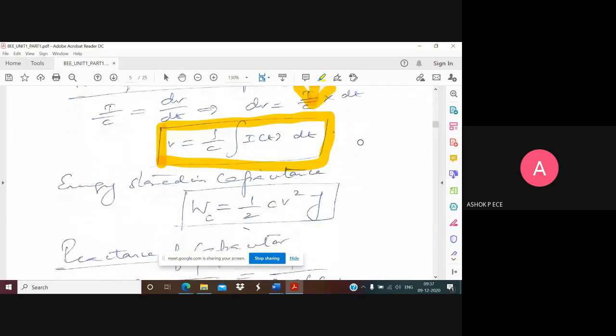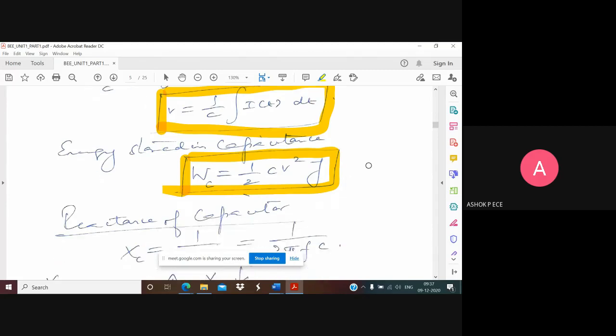Okay. And energy stored in a capacitance is half CV square. Again, the derivation and other things are not required. Remember, the energy stored is half CV square. And resistance will not store energy. Only capacitance and inductance will store and transfer energy. That's why we say energy stored in a capacitance. But for resistance, we say energy or power dissipated in a resistance. For resistance, we use the term dissipation. For capacitance and inductance, we use the term energy storage, because L and C are energy storage devices. Okay, please understand that very clearly.